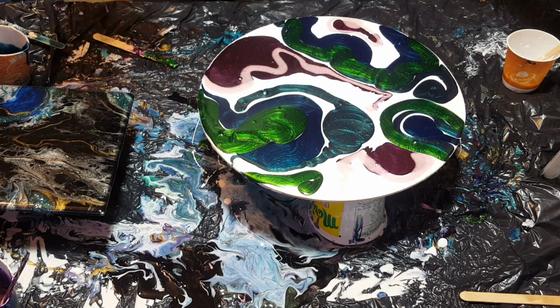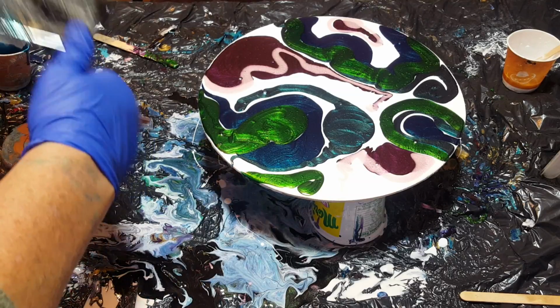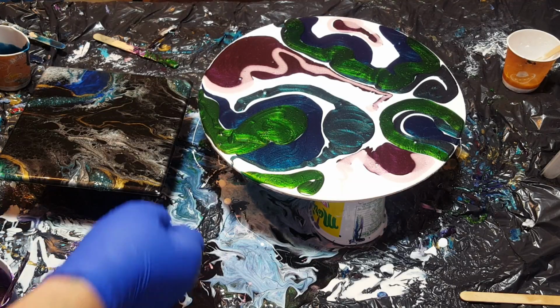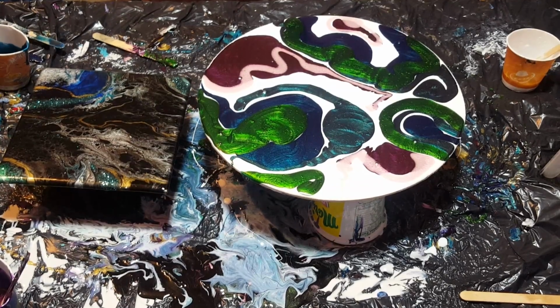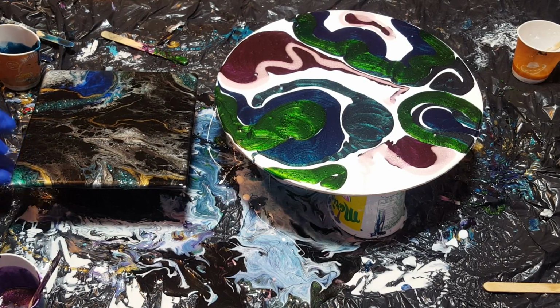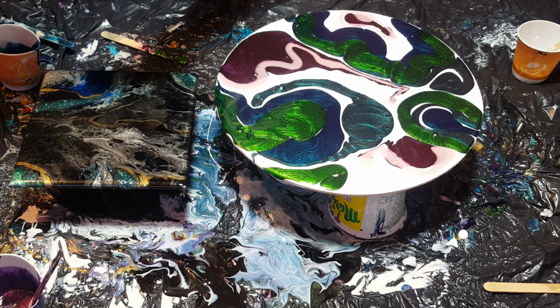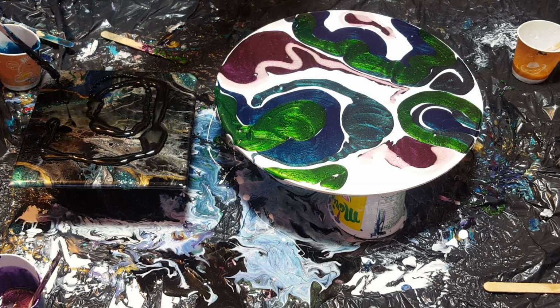Now before I go get my hands dirty, what I'm going to do is move this other piece that I'm going to be working on in so that you guys can see it. Just like that. Maybe move you guys over a little tiny bit. Sorry. Because I want to get these colors out of the cup before they get too hot. So I'll put the colors down and then move them together. So as you can see,